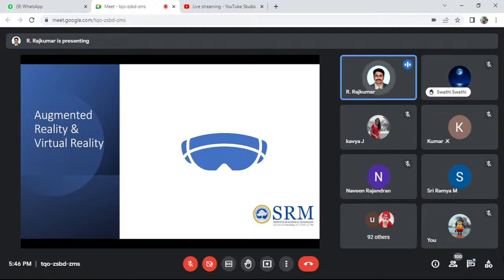Tomorrow we are going to see a demo in augmented reality and virtual reality. For that, you have to bring your own laptop.